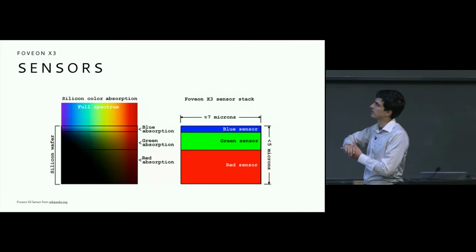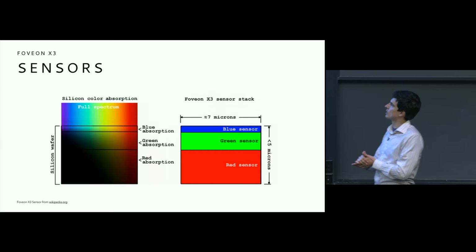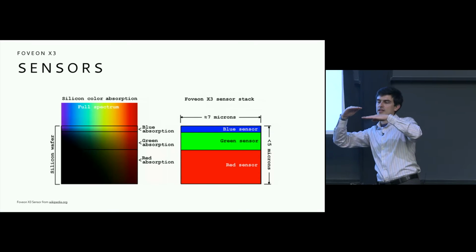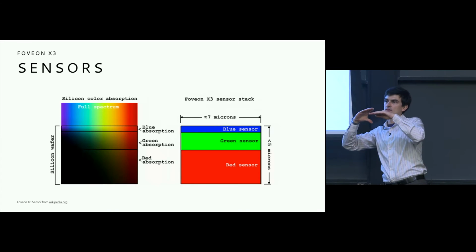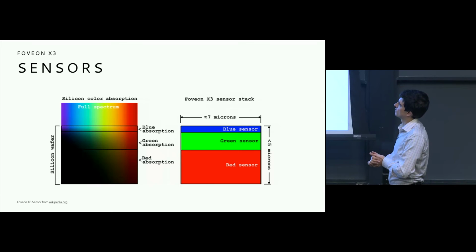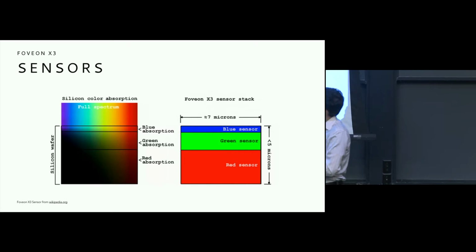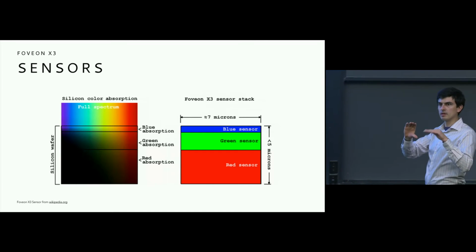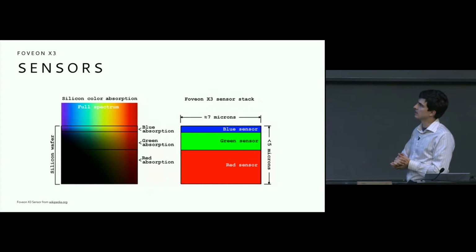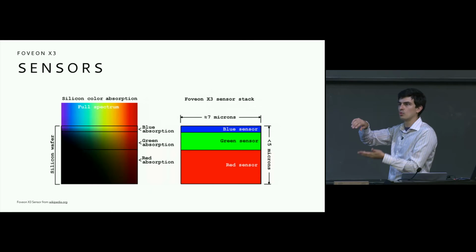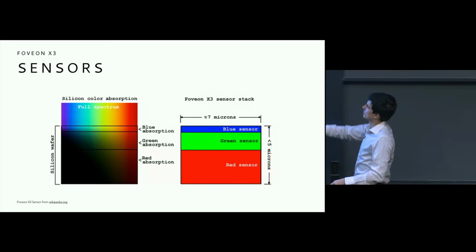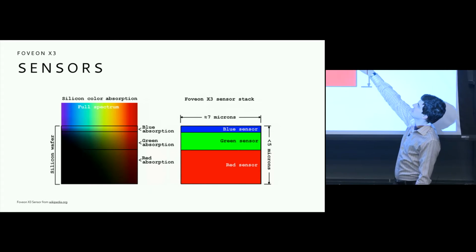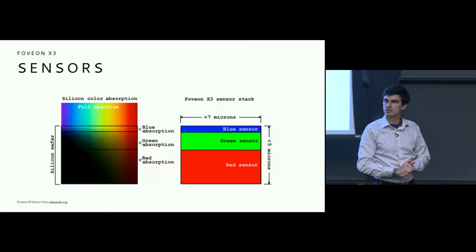So if we want to detect blue wavelengths, we want to put a blue sensor at almost the very top in terms of the depth of that silicon wafer. And then green is absorbed a little bit farther down, so we just want to place it somewhere in this range where we would then be able to record those green wavelengths. And the red travels the farthest, so we would then be able to place red just somewhere along here. So this is just an approximate location of where we could place those